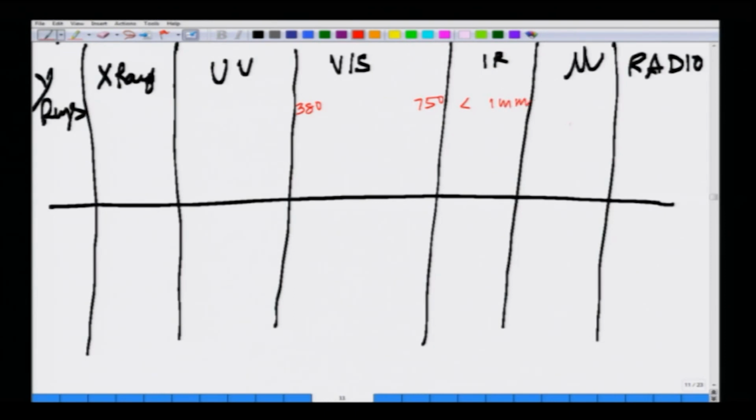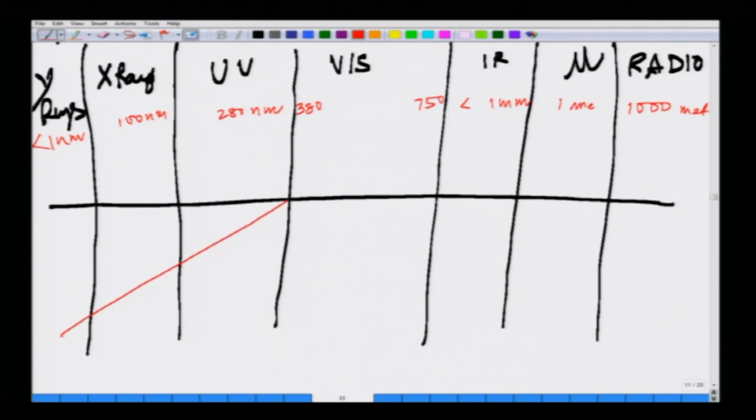Then in the microwave, you have more than a meter, and in the radio waves, around 1000 meters. And the UV, we are talking about the range of 280 nanometers, and then you have the X-rays, which are around 100 nanometers, and gamma rays, which are less than 1 nanometer. So this is the spectrum, and whatever we will be talking about,